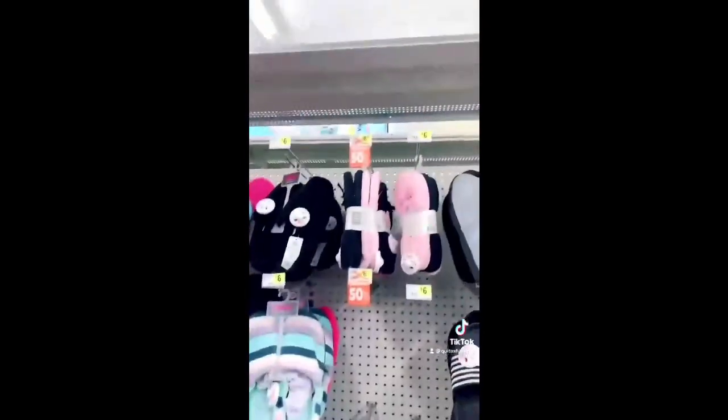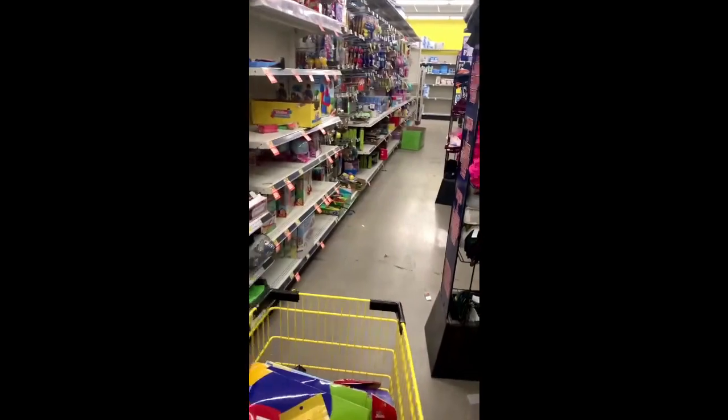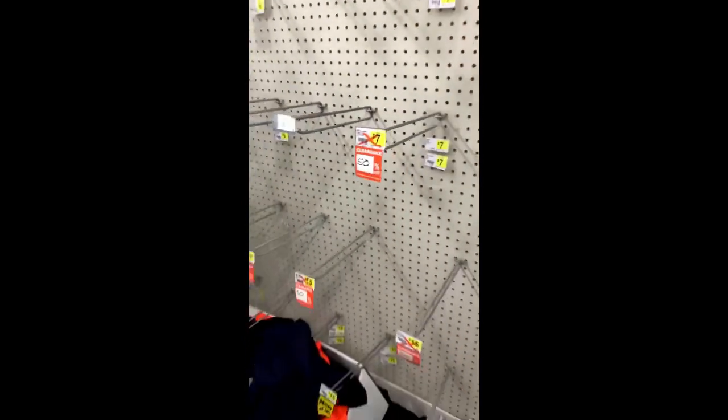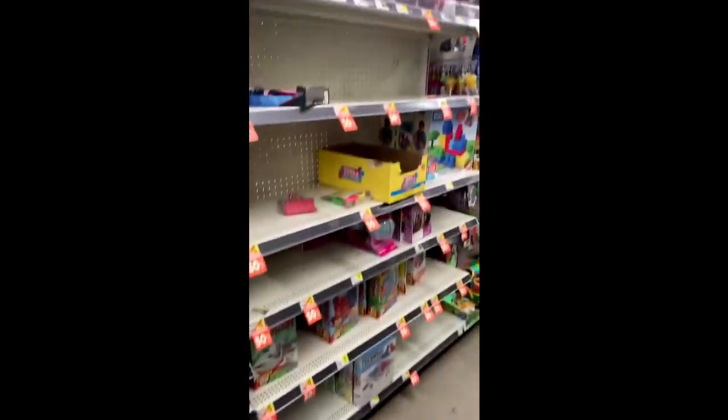Hey. So as you're walking the store, you're going to want to make sure that you're looking for items that are marked with the orange tags, but you're also going to want to make sure that you're looking for other items that are not. If you scan an item and it's showing 50% off and it's not marked, that is an item that you will want to save to the list in your Dollar General app, and that way you can monitor the price of that item. Whenever there's a remodel,